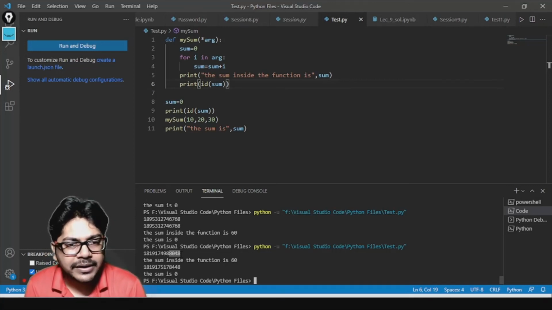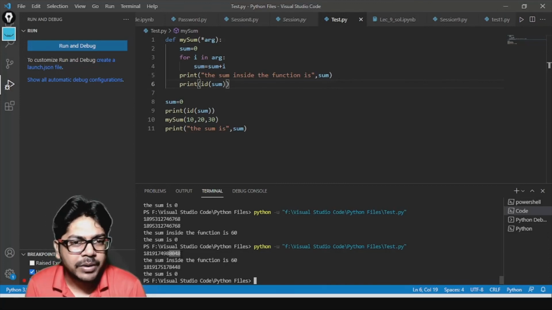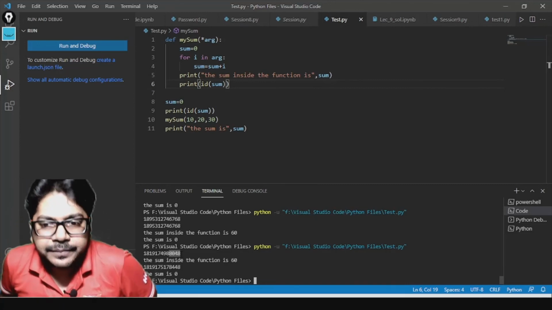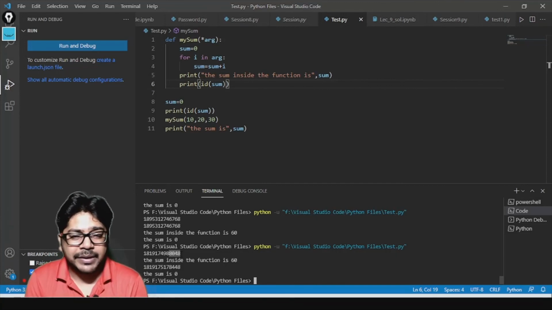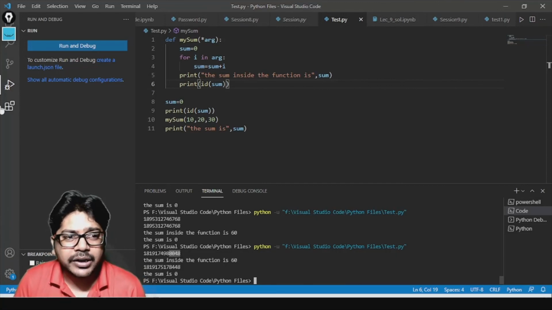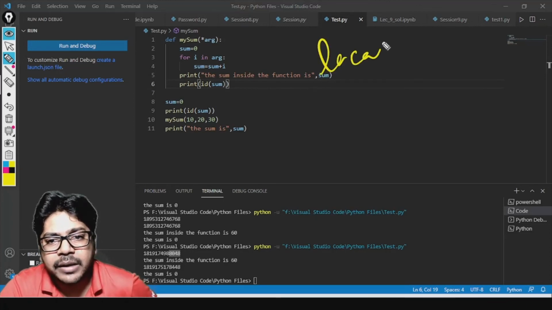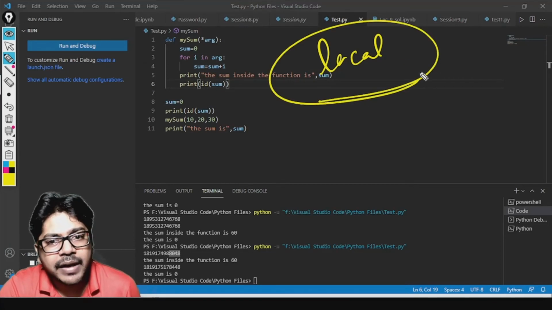Now this happens in Python. In other programming languages, if you have a global variable outside the scope, it will retain its value. But here in Python, let me correct myself: if I talk about global and local variables in a normal flow, like in a loop, there the value will be retained.